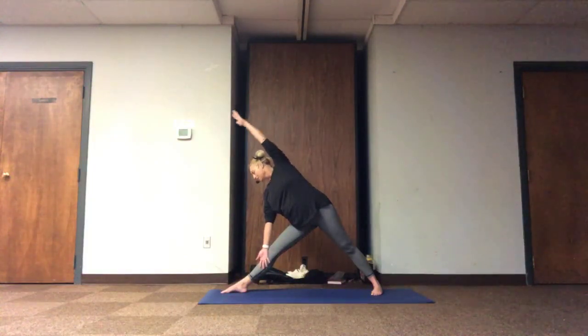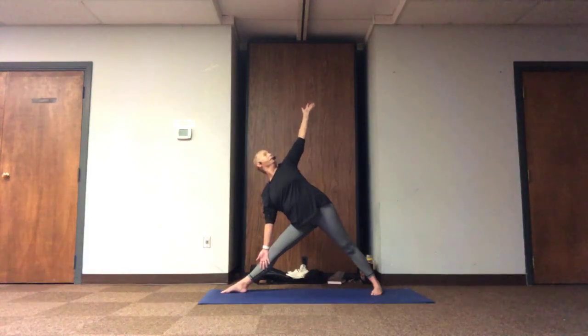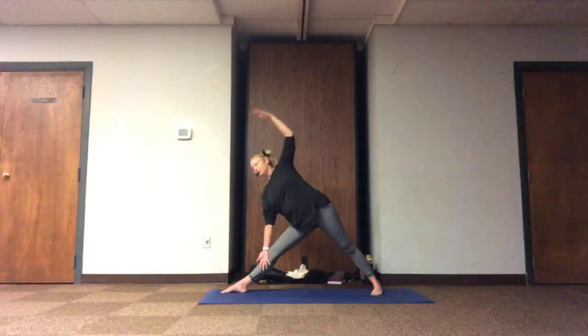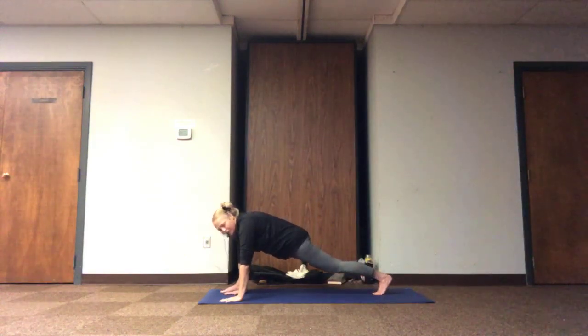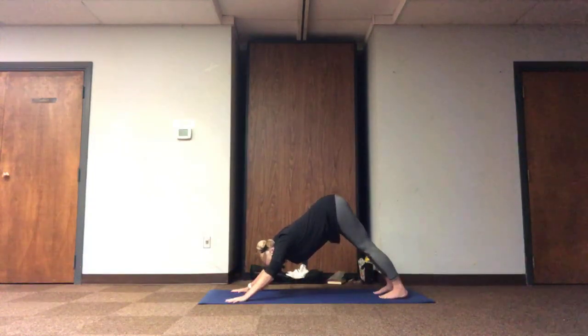And then as we gaze the chin to the front toe, the arm can reach over the head. And we'll inhale, top arm and gaze up to the sky. Exhaling, top arm and gaze towards the front leg. We'll do just a couple more movements. Opening and releasing. Let's deeply bend the front knee, traveling our fingertips to the ground, finding our lunge of choice. Option to twist towards the front thigh, and then releasing, finding our child's pose or downward dog, enjoying a moment